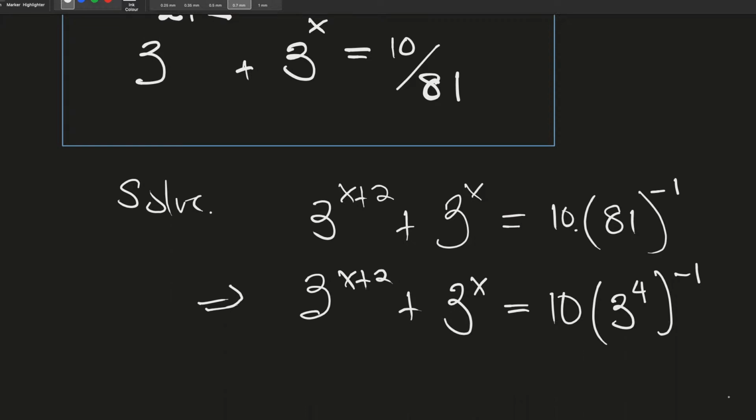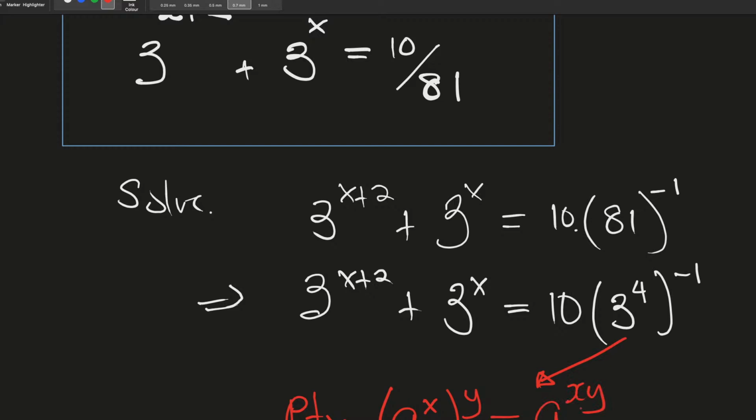Now, let's invoke one of the properties that we learned. There's a property of indices that says if we have a raised to the power x multiplying y, we are always going to get